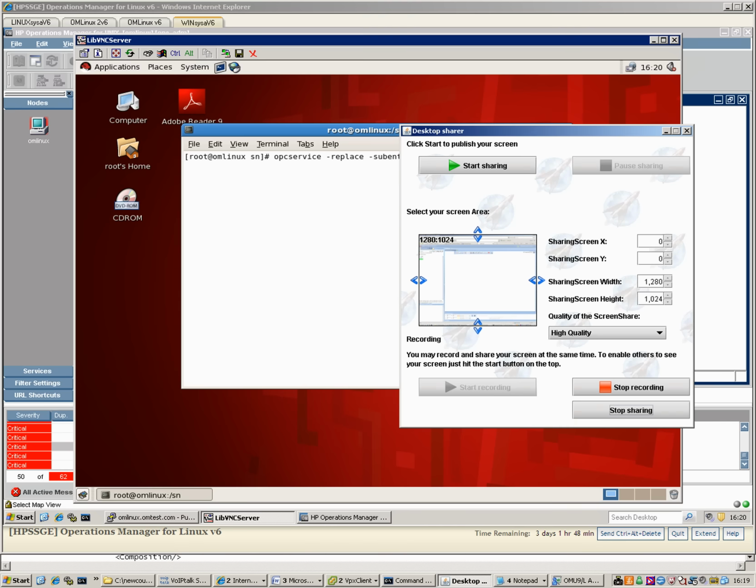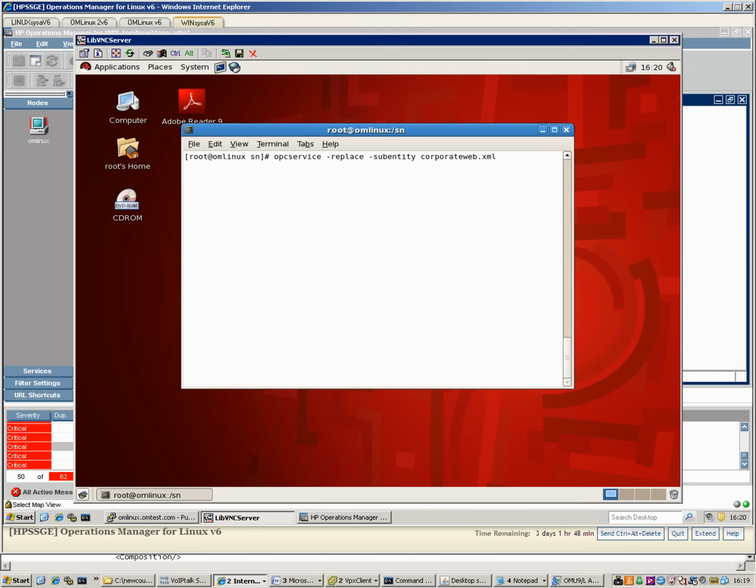Okay, so now that we have replaced the file, we run the OPC service. This time we do a replace option, so we replace any existing contents. And because we've now included a propagation and calculation rule, we can now, if we send a critical message in